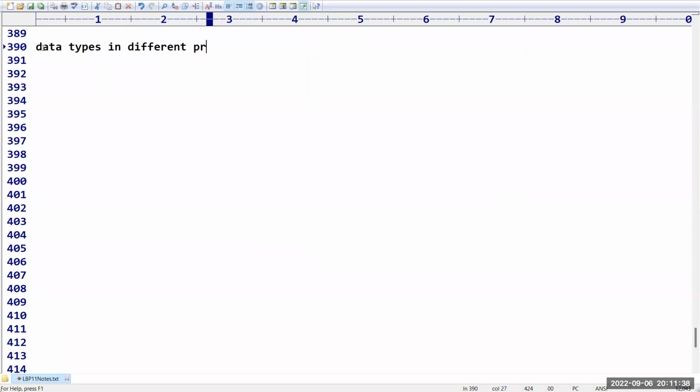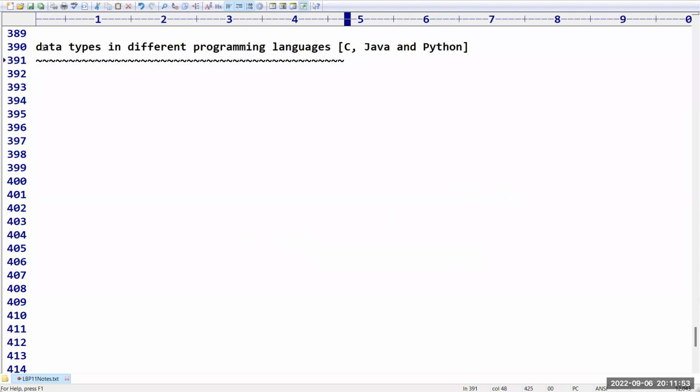Different programming languages in the sense C, and I'm going to talk about Java and Python. I'm talking with respect to only these three programming languages. If you take any programming language, data type means what?